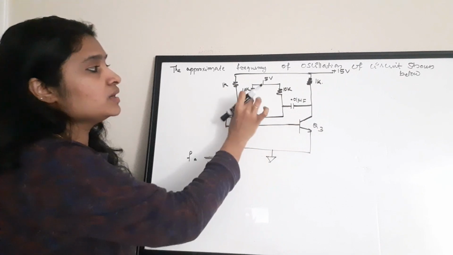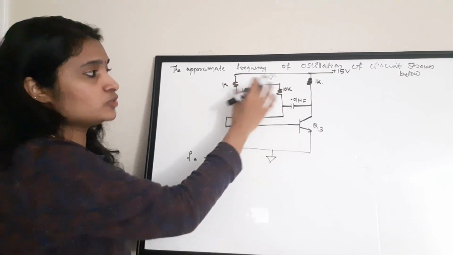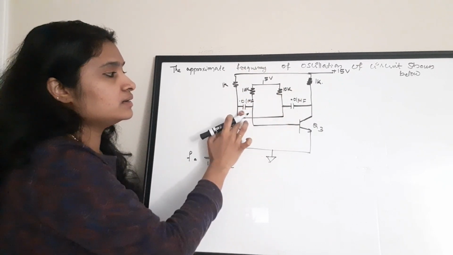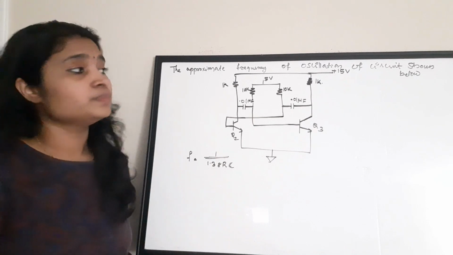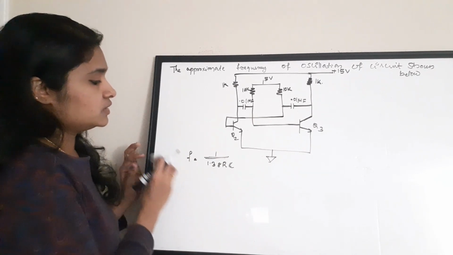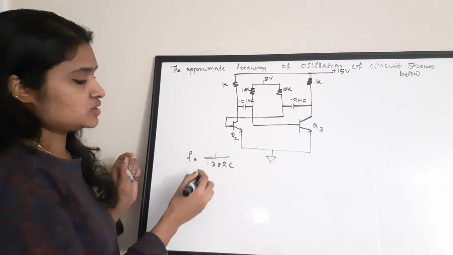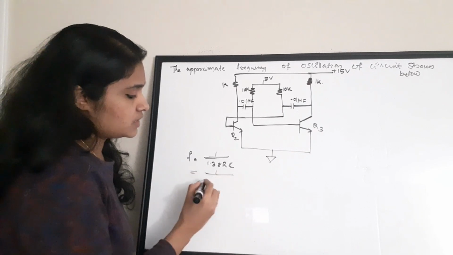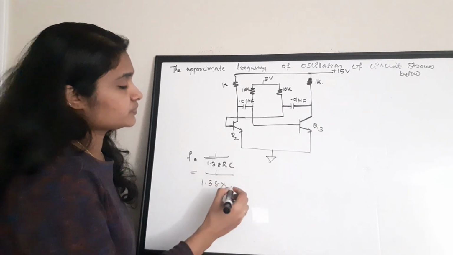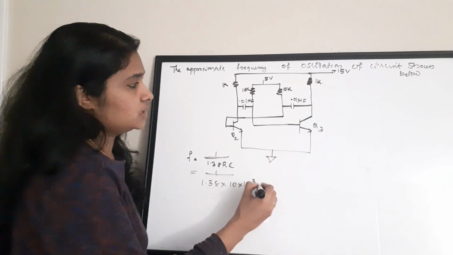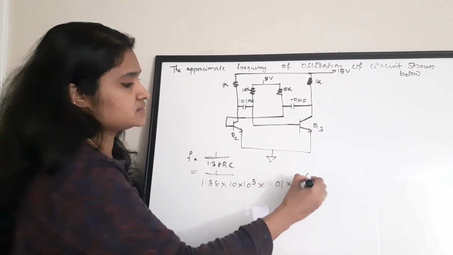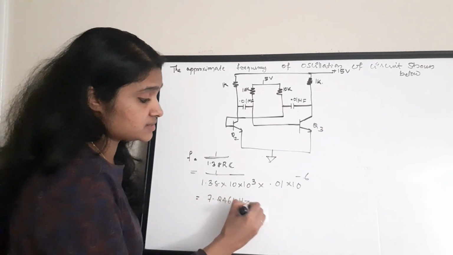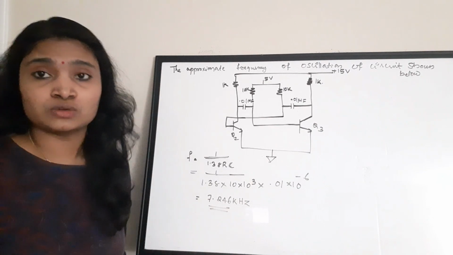The inner circuit will be generating the oscillations. That is, for generating the oscillations we use this inner circuit, 10K, and there is a 0.01 microfarad. So you need to substitute the value of R and C in this equation as 10K and 0.01 microfarad. So I'm going to substitute 1.38 into 10 into 10 raised to 3 into 0.01 into 10 raised to minus 6. And if you solve it, you will get 7.246 kilohertz is the frequency of oscillation of this particular